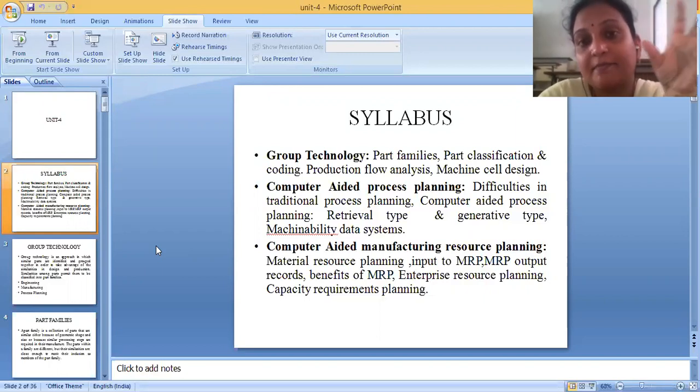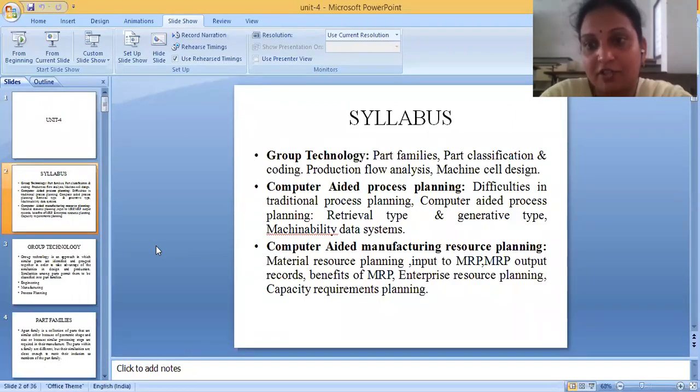The definitions look almost similar, but group technology includes the separation of parts, classifying them, giving different codes to the components, and designing of machine cells. Part families is just a classification, so part families is a subset of group technology.